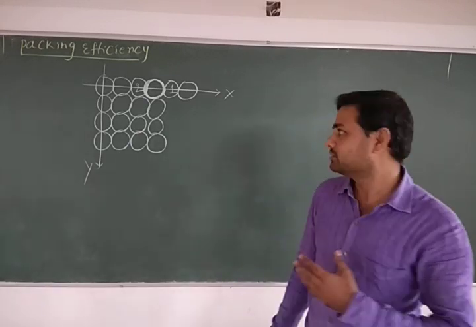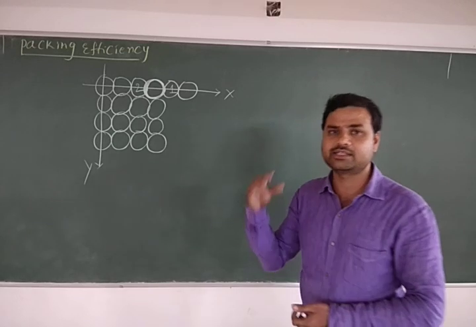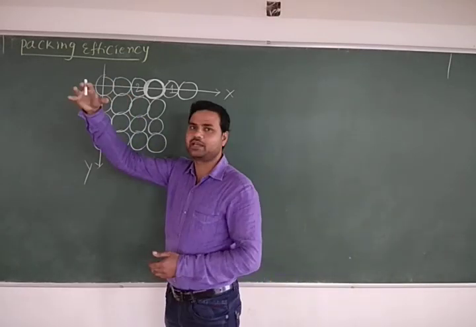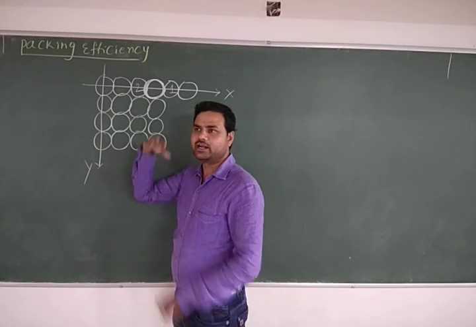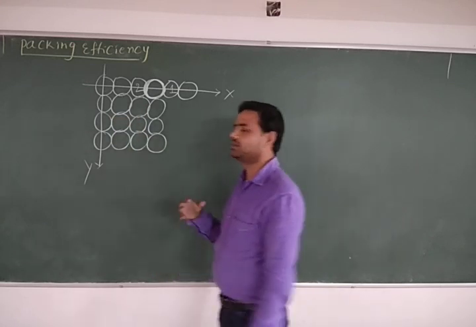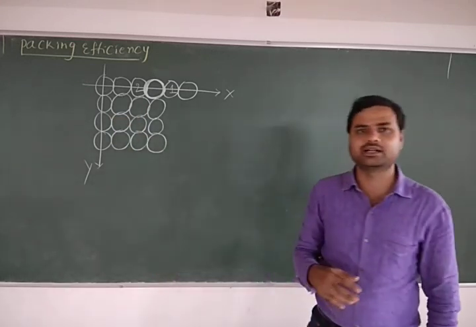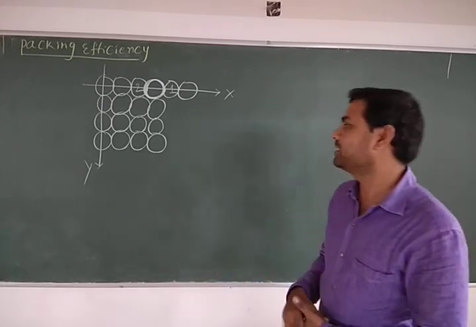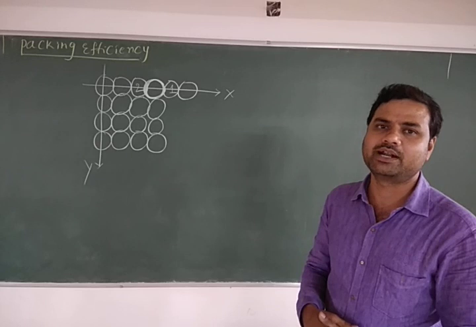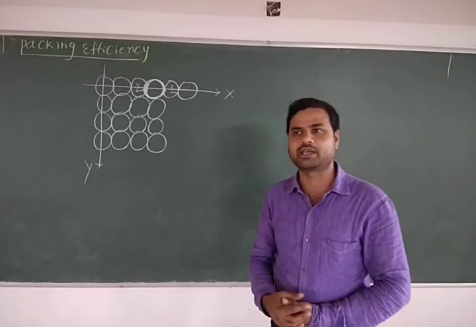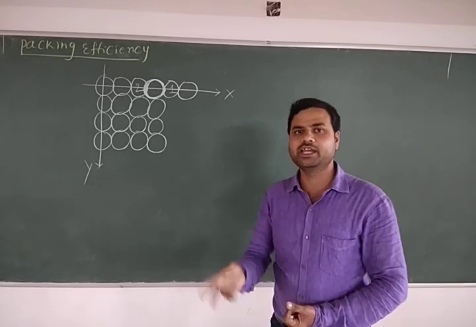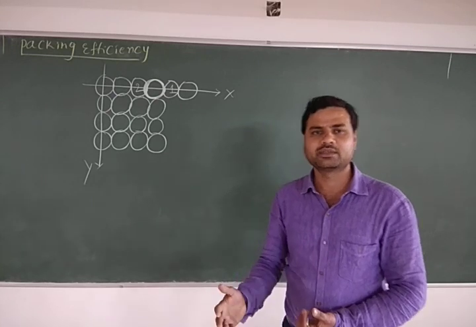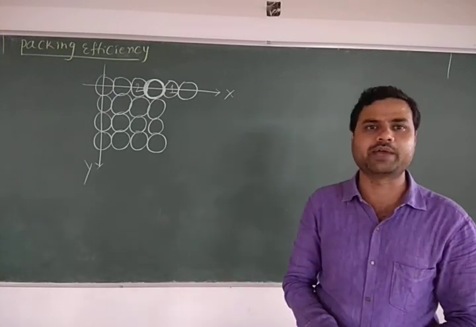And one more, x and y you can show, and the z axis can be on the front side like this. One more axis if we keep, the z direction. If we place the atoms in that direction also, that kind of packing is called three dimension. Means here we are doing packing in three ways: packing in one dimension, packing in two dimensions, packing in three dimensions. Packing in two dimensions is of two types. That is square close packing. Second one is hexagonal packing.